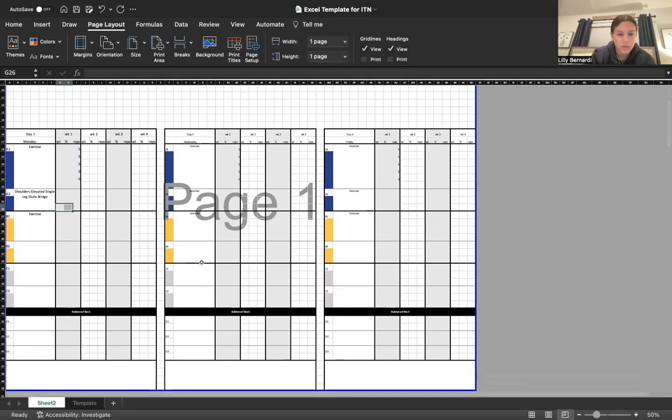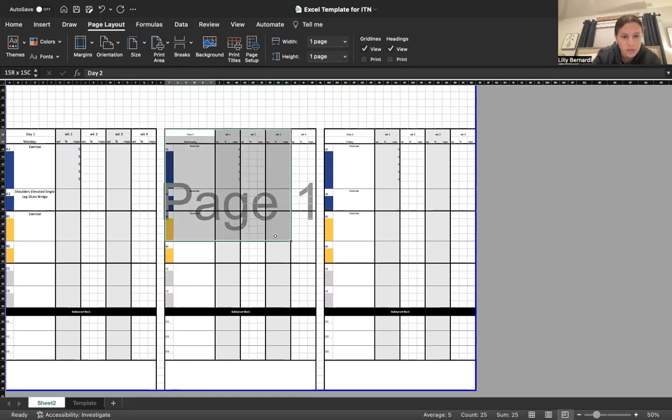So this is just kind of the design of the actual template and how to make it look nice, how to use colors, how to make it presentable. The content that goes in it is totally up to you, and you may need to adjust some font sizes and things like that, depending on really what you have going on, how many sets and reps maybe you have in an exercise. But I guess one other thing to go over here is,